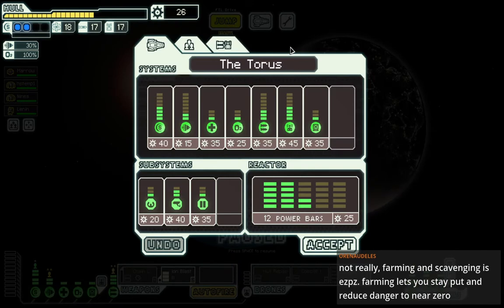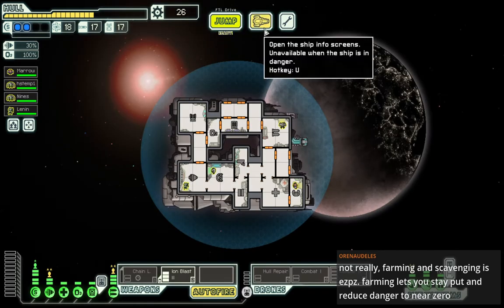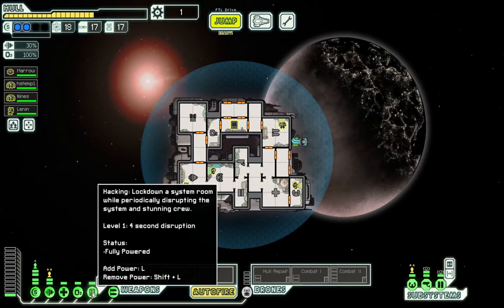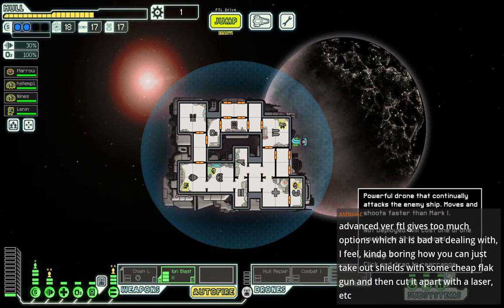Nothing to upgrade though. I guess I could get power. Yeah, we desperately need power, actually, because we're powering hacking, and then we also need one more for the combat too, so...